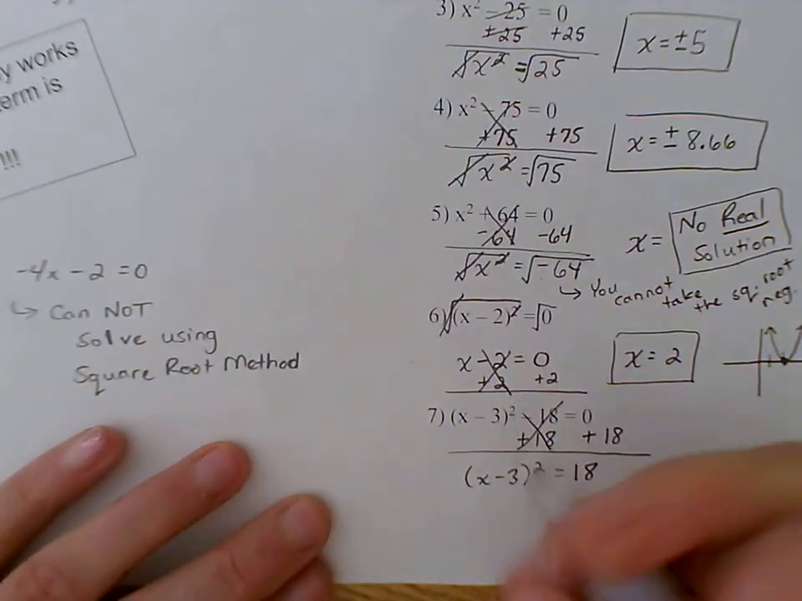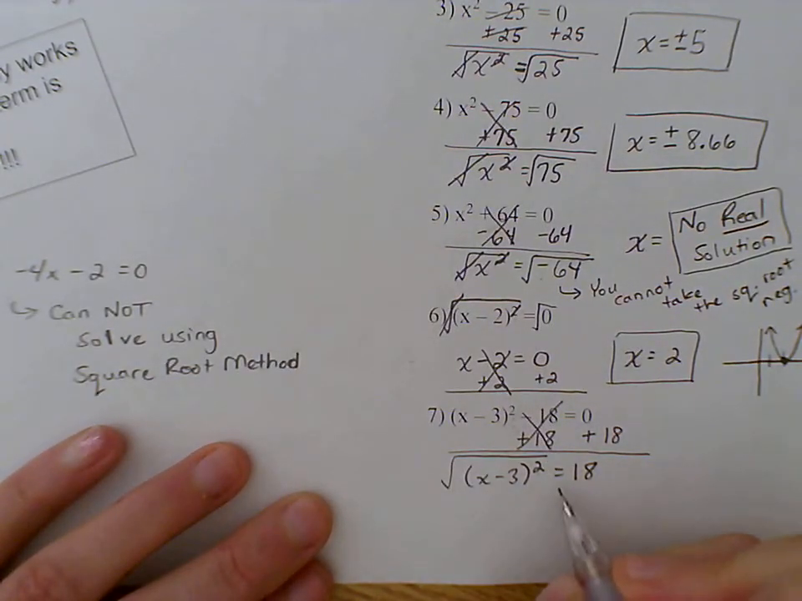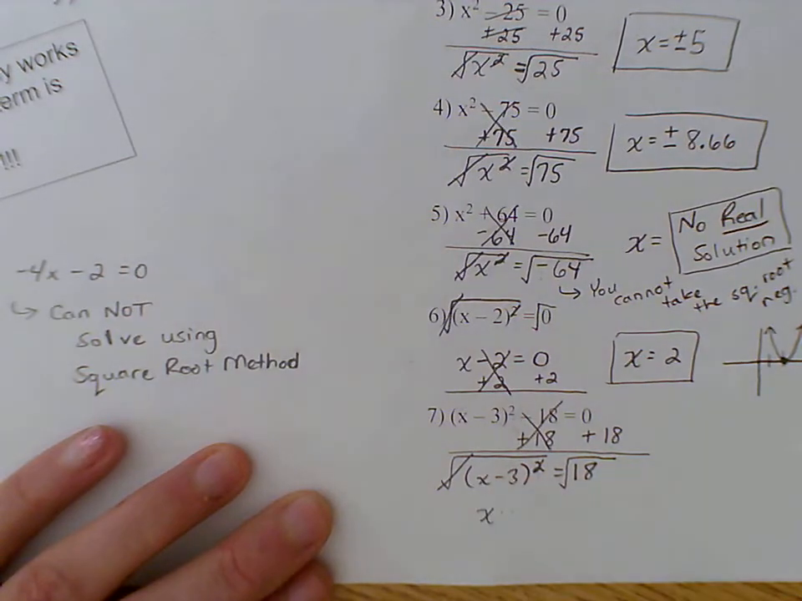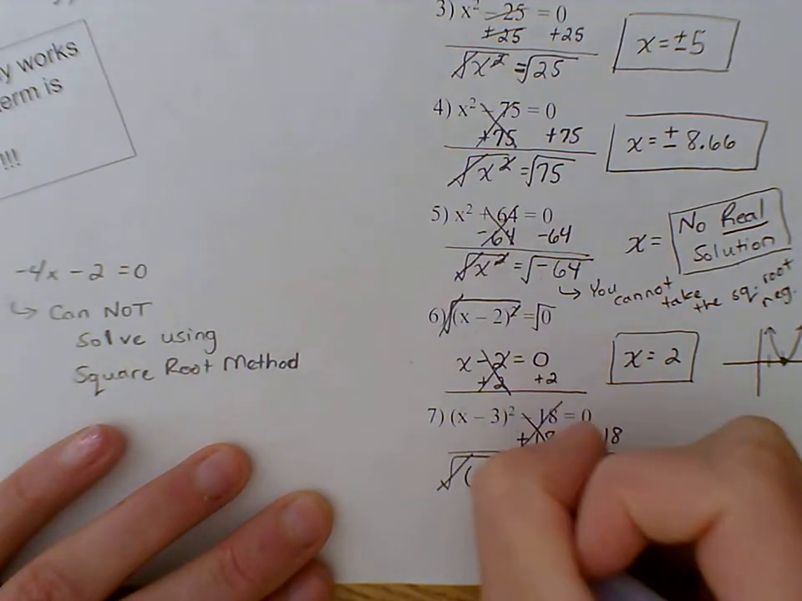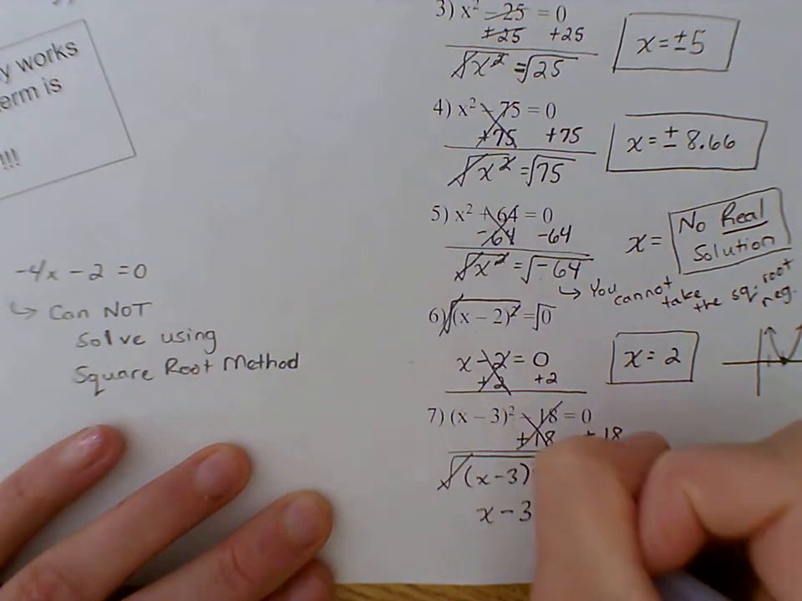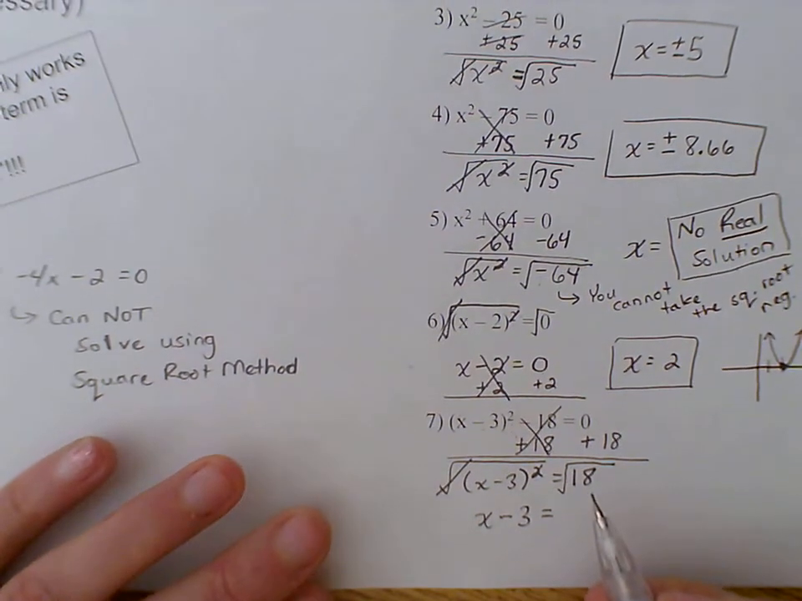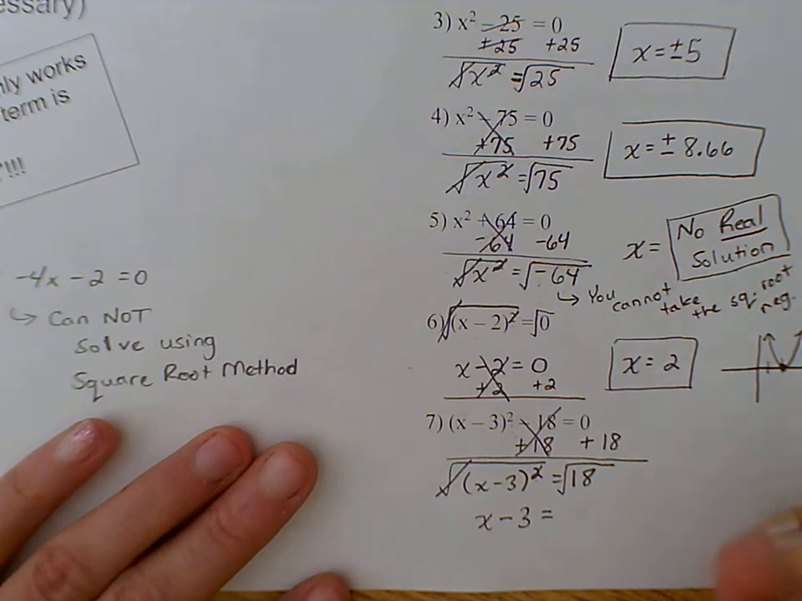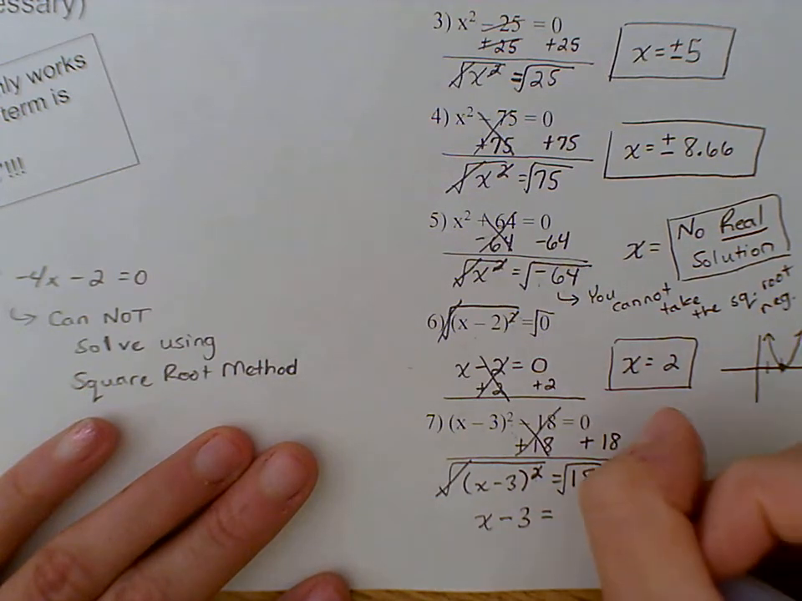The reason you do the square root is to get rid of the square, and you have to do it to both sides. So the square root and the square will cancel. Then you write down what's left under the radical, which is x minus 3. And now, on this side, it's going to be a decimal. That is okay. So what number times itself gives you 18? You could just type that in. The square root of 18 ends up being